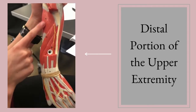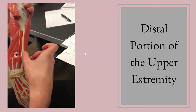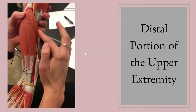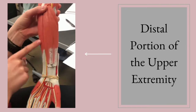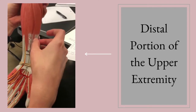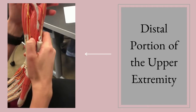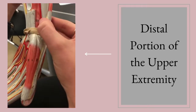And we have the supinator right here. Abductor pollicis longus, extensor pollicis longus, and extensor indicis right here. And then on the flexor side, we have the pronator teres right here, and the flexor carpi radialis, palmaris longus, flexor carpi ulnaris, and 26 right down in here is the flexor digitorum superficialis, and then we take it off. And 27 is flexor digitorum profundus, and 28 is flexor pollicis longus, and 29 is pronator